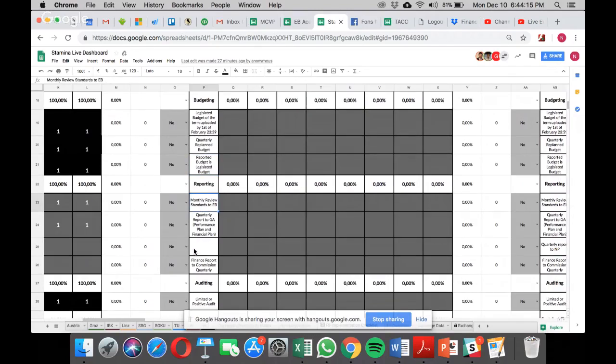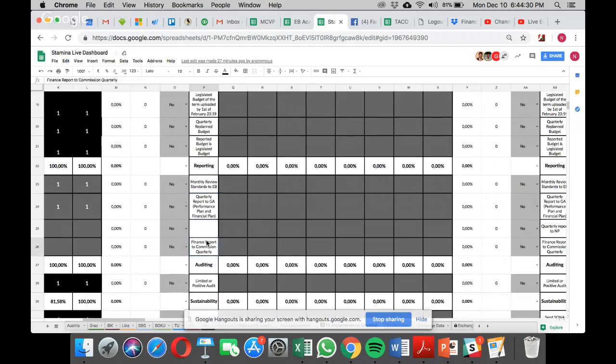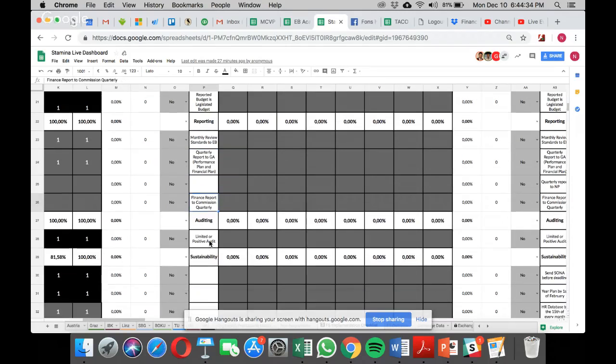For reporting, that you have a monthly review of standards to the EB, so the finance standards review, that you have a quarterly report to the GA, which is your performance plan and financial plan, which is also part of your budget and realization, and then that we have a finance report to the commission quarterly. For auditing, it means that you have a limited or positive audit,